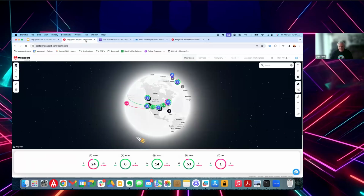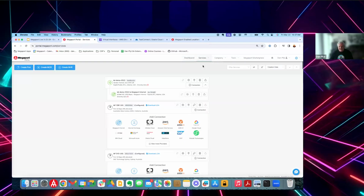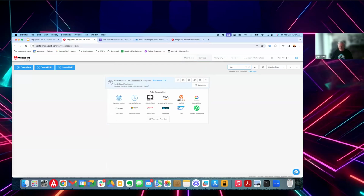So let's go back to the portal. From here, you can go into our services list. This is a pretty big list, but I'm going to filter down to my stuff. And you can see here's the Megaport that is in the customer data center in Carrollton, Texas. Now, this would normally be green because off of this, we would have a cross connect over to the customer CPE equipment, which I don't have. But for this instance, this is the port in the data center, and when I build the Megaport Cloud Router, we'll connect a VXC back to this port,